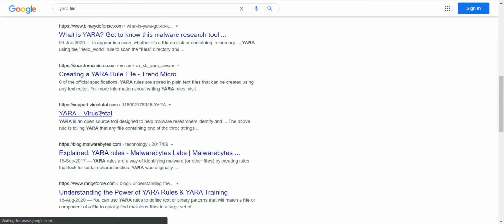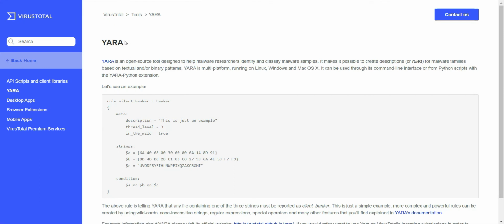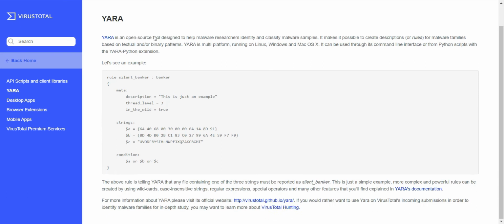I've found something from Google, from the famous VirusTotal website, and I will read it for you. Yara is an open source tool designed to help malware researchers identify and classify malware samples. It makes it possible to create descriptions or rules for malware families based on textual or binary patterns.